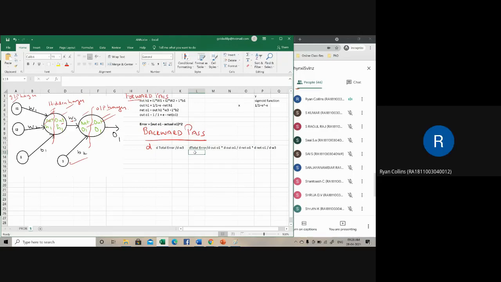Ma'am, there is a recent publication also. There is one more relation, ma'am. That is actually the slope of what we are taking. If we take the error slope, no, ma'am, that will be the same as what we are getting as gradient. The local gradient we will get, ma'am. Can you just share that in the WhatsApp group for all of us to look into? The research paper, ma'am. I have to find it on the internet, ma'am, where I read it. Okay. Yeah. If you could share it, it'll be great.